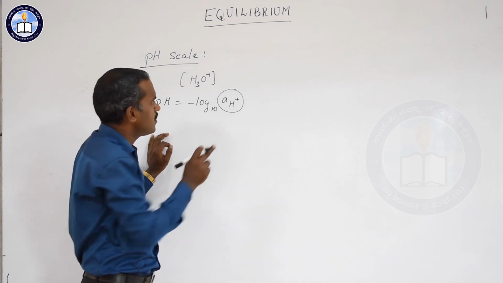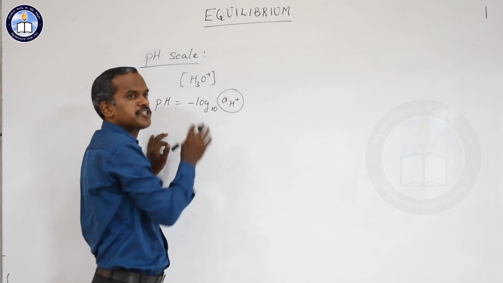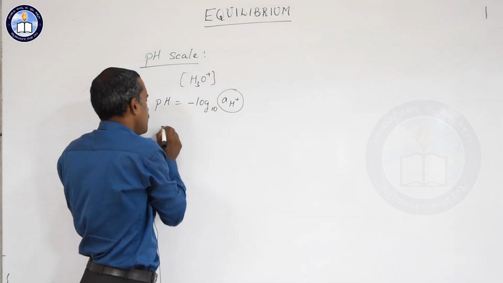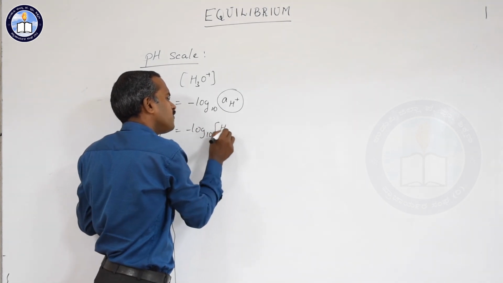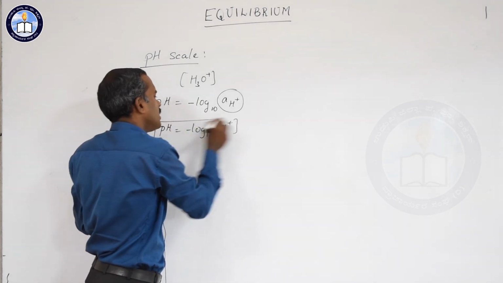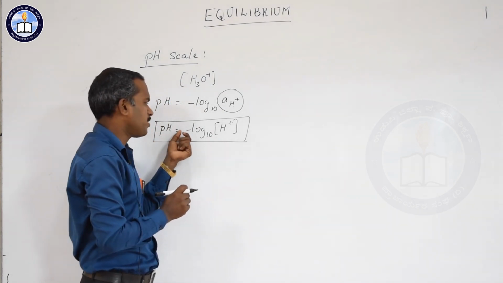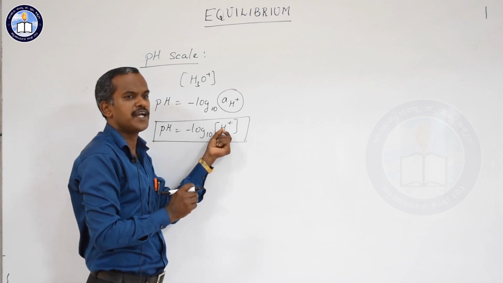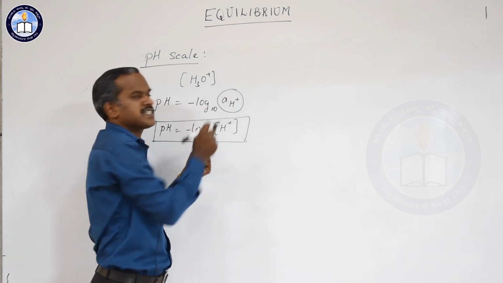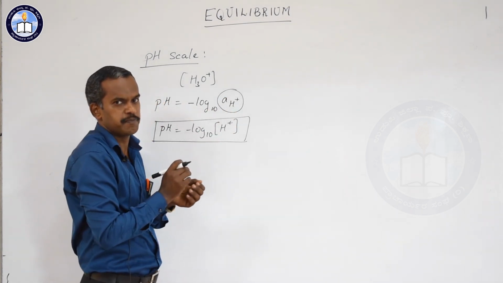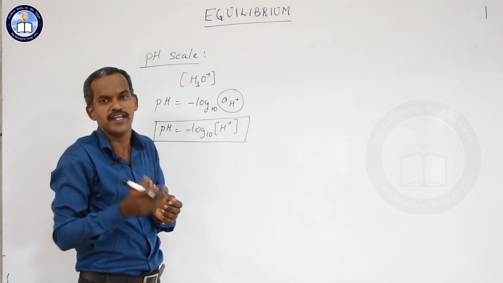Okay, are you following? The activity of H plus in a dilute solution is nothing but the magnitude of H plus only. So I can write it as pH is equal to negative logarithm to the base 10 of hydrogen ion concentration. So you can define it even based on this only. pH is a negative logarithm to the base 10 of hydronium ion concentration or hydrogen ion concentration or activity of hydrogen ions or H plus. Okay, so using this you can easily calculate the pH of any of the solutions.